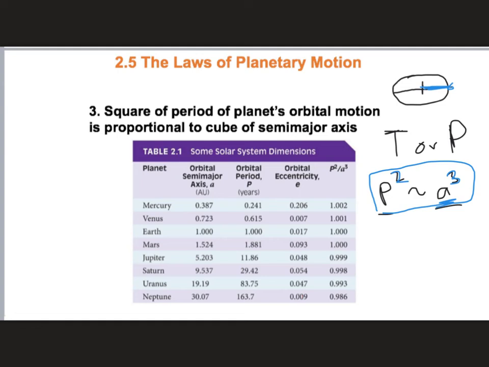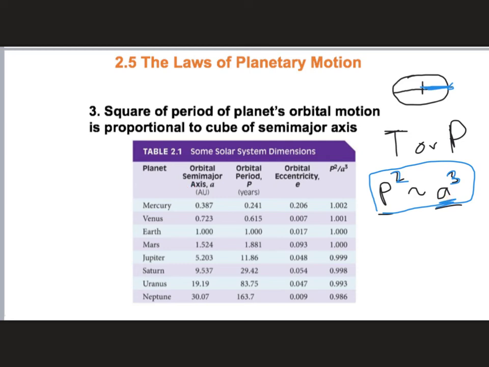That just tells you how smushed out the orbit is, you know, if it's closer to being a circle or closer to being really, really flattened. You don't need to worry about that. It's not really important for what we want to cover. But this last column is really interesting, because if you take p squared, which is proportional to a cubed,